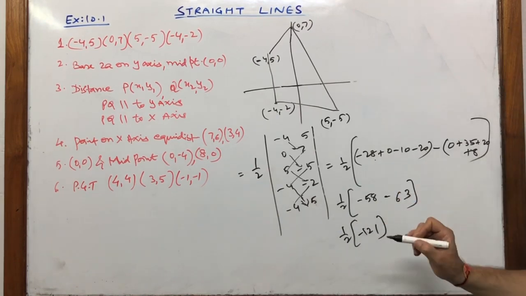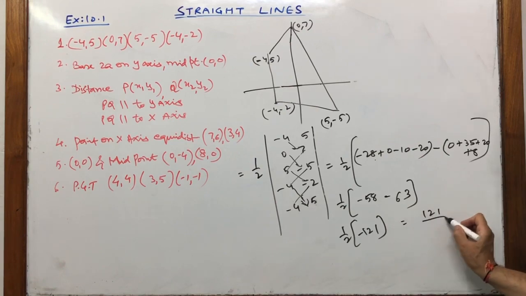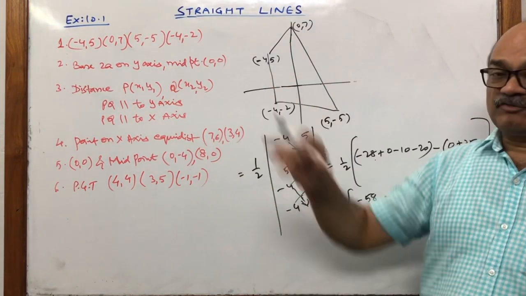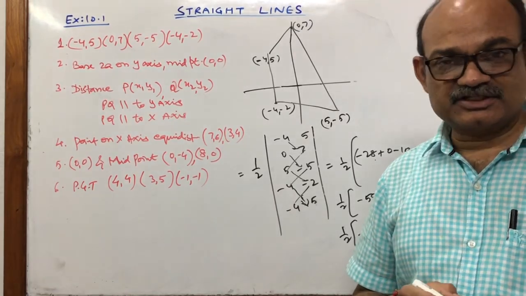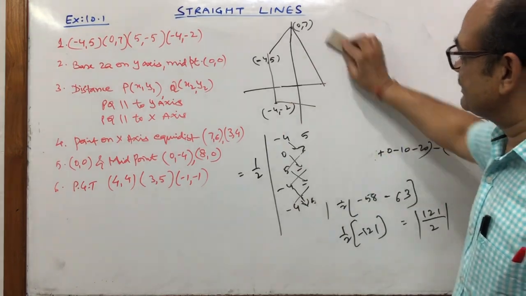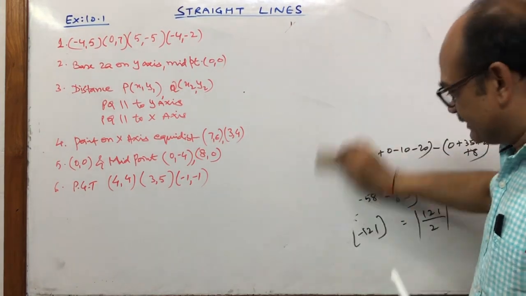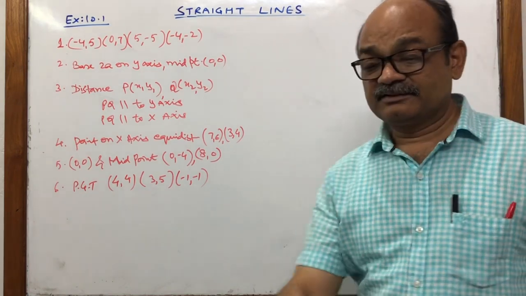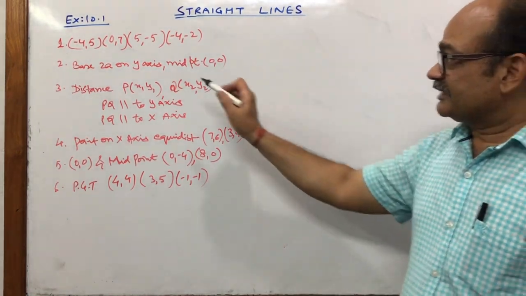121. The answer is absolute value 121/2 is the area of this quadrilateral, in square units. Correct? So it's a revision of class 10th, but with this shortcut method, you can solve the question in a few minutes. Next is